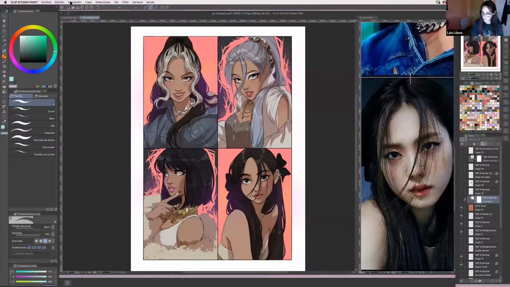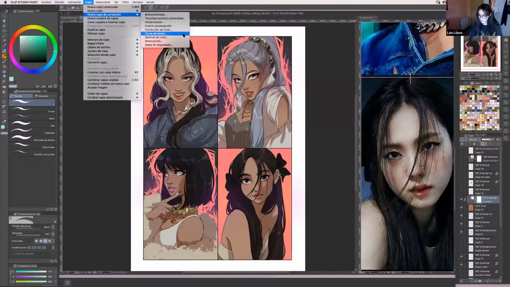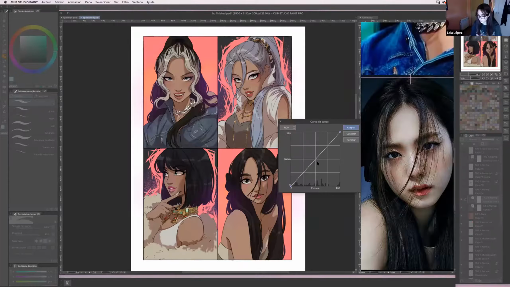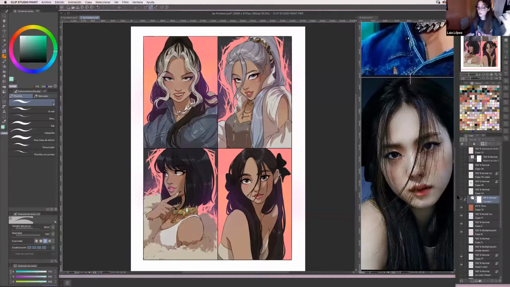So I added a new correction layer, I think it was tonal curves, and just played around until it looked right. It makes the whole thing a little bit darker, and I really liked it. Now I'm going to show you how I changed the streaks of light.